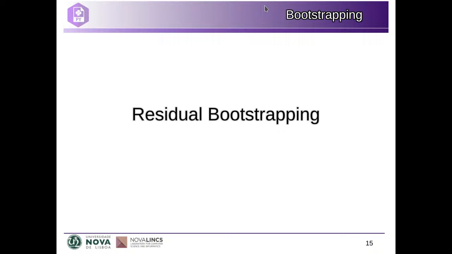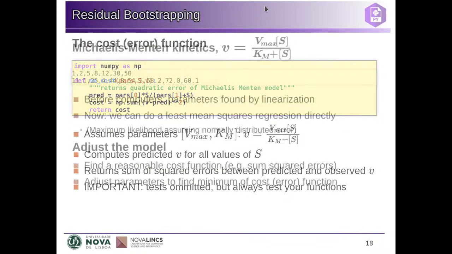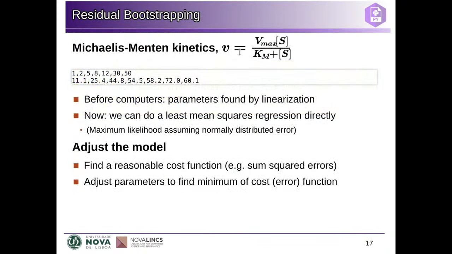So let's see just a variation of bootstrapping, because sometimes we cannot use this vanilla bootstrapping just by random sampling, because sometimes it makes no sense to resample at random. For example, consider this problem here. We have this Michaelis-Menten expression for this type of kinetics, which is the initial velocity of the reaction of some catalytic reaction, some catalyzed reaction, so with an enzyme and a substrate, depends on the concentration of the substrate at